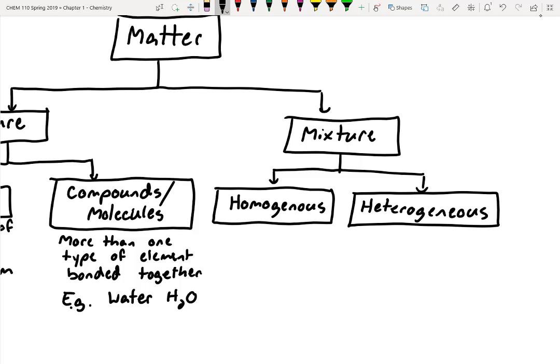All right, so now we've got to get into our prefixes. Does anybody know what the prefix homo means? Same. The same, right? So if we think about this, we know immediately that this must be the same throughout. Where this one must be different throughout.